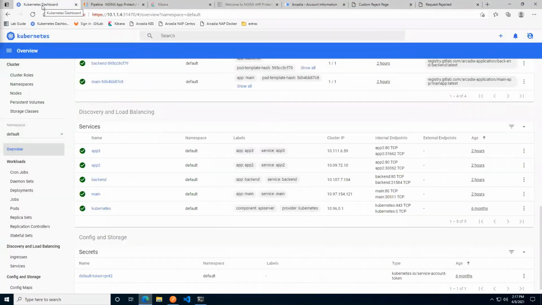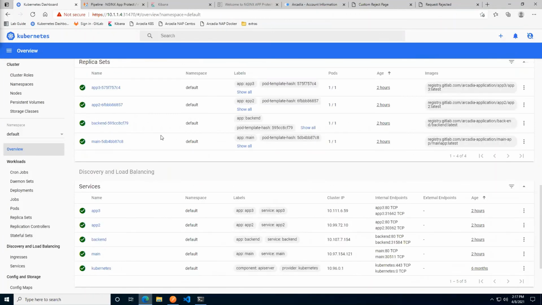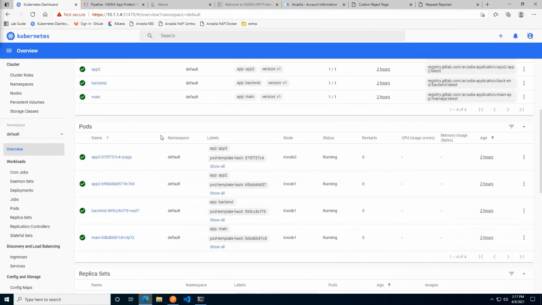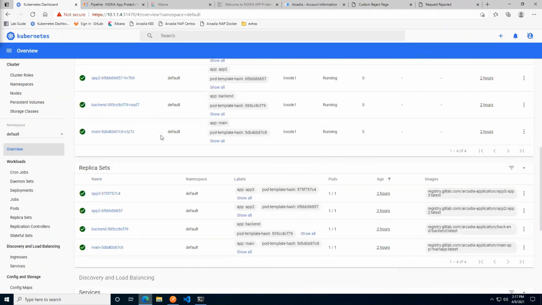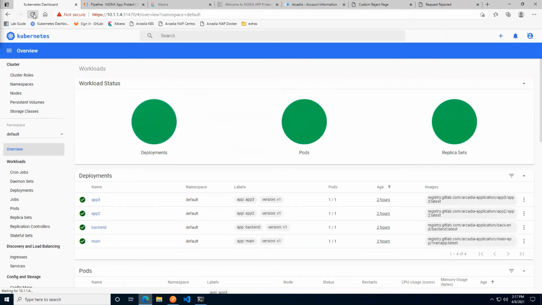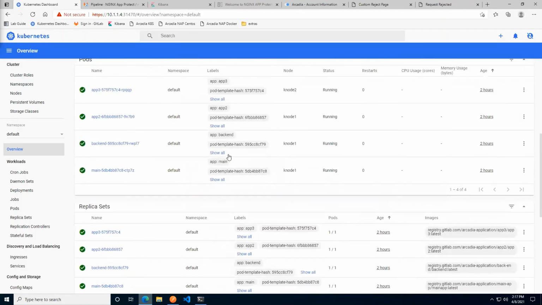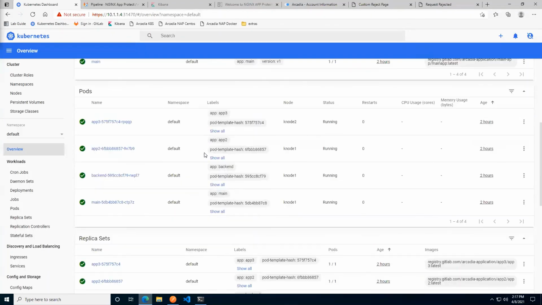So let's pop over to our Edge browser again, just to have a look in the Kubernetes dashboard and see how things are looking now. If we go and have a look towards the bottom, I think, no, okay. Oh, come on, respond. There we go, replica sets. I'm just going to go ahead and refresh here because everything was lagging so much. I'm fearing I'm sitting on some old information here. There we go. Got all my pods running.